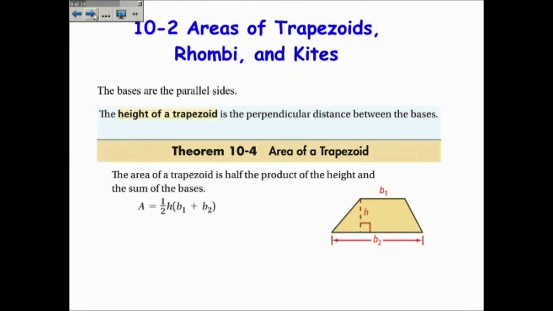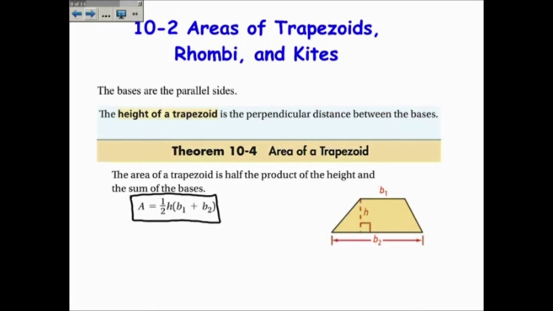Now, the next section, 10-2, is on the areas of trapezoids, rhombi, and kites. Keep in mind that the bases of a trapezoid are the two sides that are parallel, and also that the height of the trapezoid, or the altitude, is always perpendicular to the bases. Now the equation in the book is that the area is 1/2 the height times the sum of the